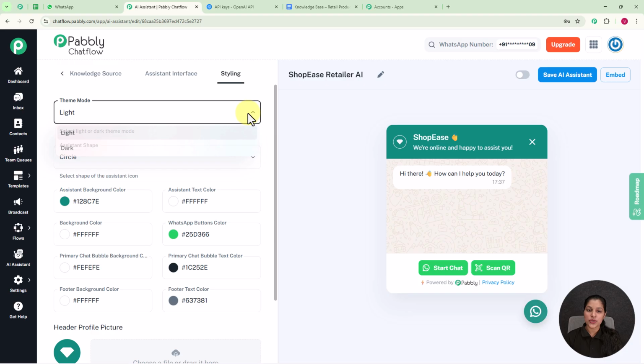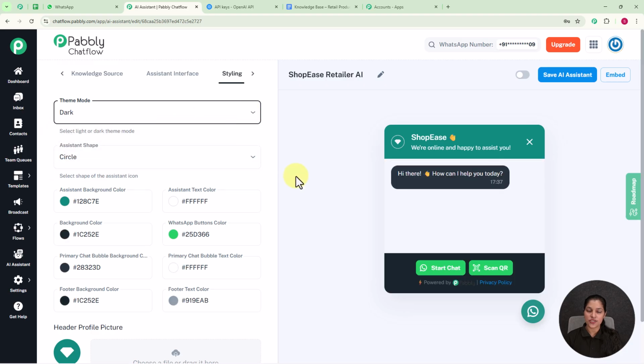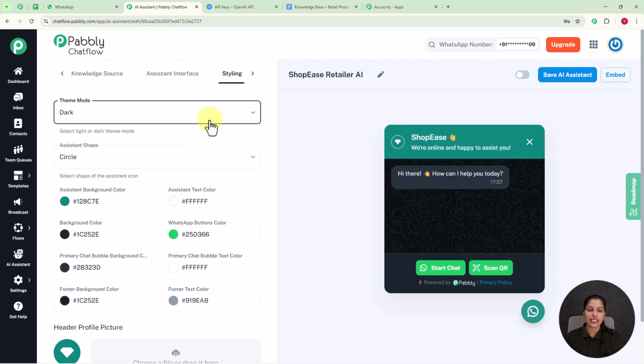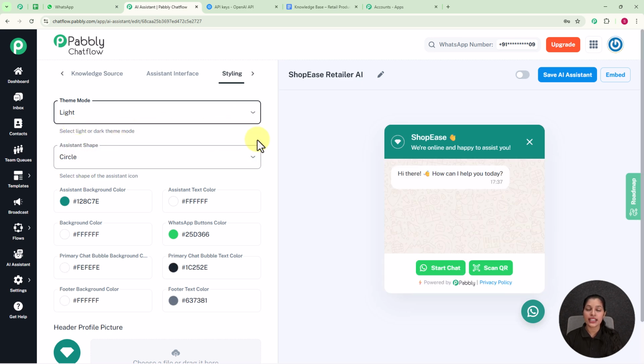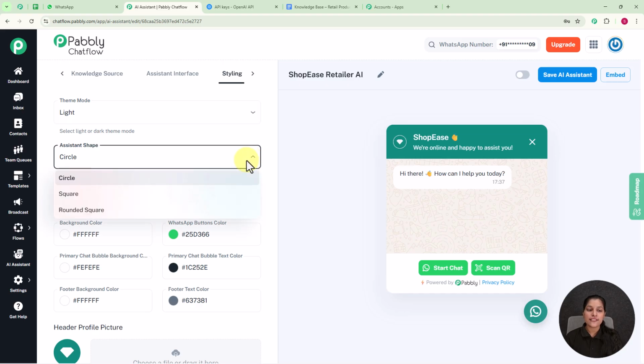Now I am going to convert it to dark and see the changes, and here as I have selected the dark theme mode, the theme mode of the preview of the chatbot has been changed to dark. So this is the way you can change the theme mode, but here I am going to keep it as light, and afterwards we are getting the option for providing the assistant shape. So here you can see we are getting three options for assistant shape, that is circle, square and rounded square. So from here you can change it, but here I am going to keep it the same, that is